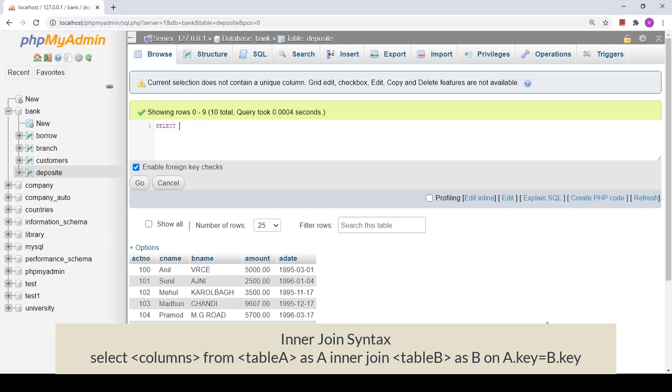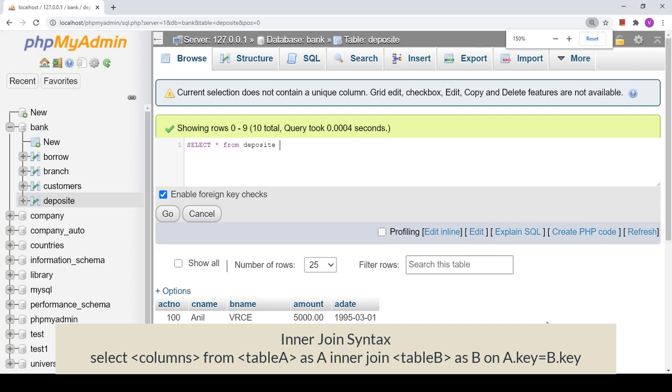So select star from, first I am going to take the deposit table, with its alias name, deposit D, and then I have to write the name of the join, say inner join, and then the name of another table.